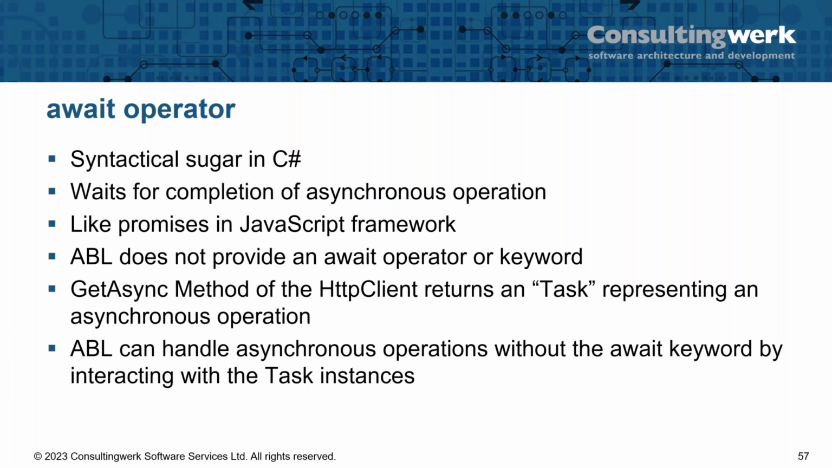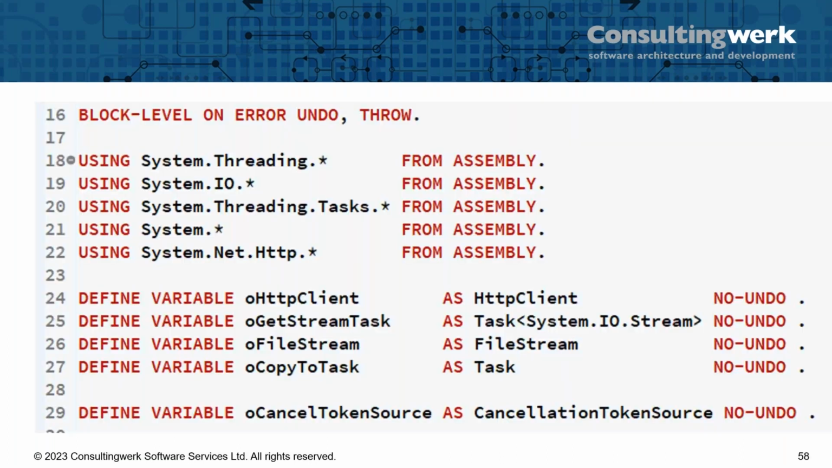What the await actually does, it provides some functionality around the fact that these asynchronous methods follow a certain pattern, a coding convention, and they return a task instance. It's an object that represents the asynchronous operation. And in the ABL, we can handle the asynchronous operations without the await keyword by interacting with these task instances. So I do have an example here for